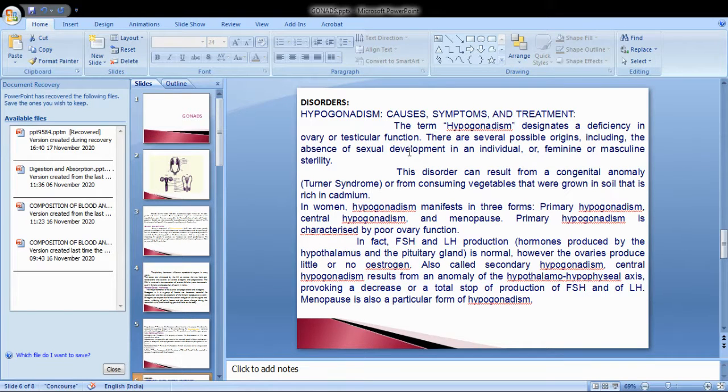Hypogonadism is a deficiency in the ovaries or testicular functions. There are several possible origins, including the absence of sexual development in an individual, or feminine or masculine sterility. Here, feminine means